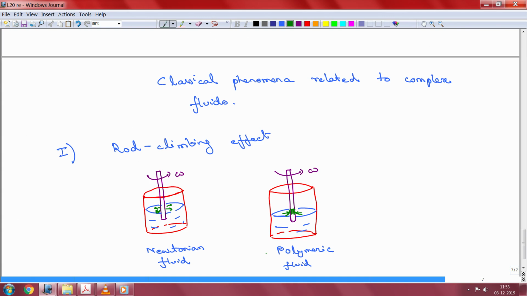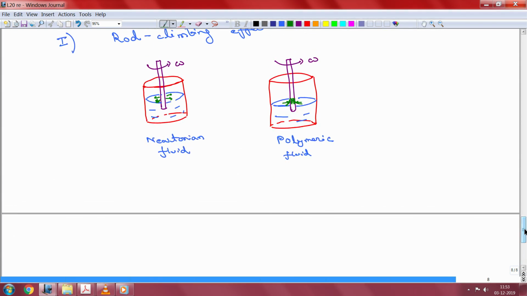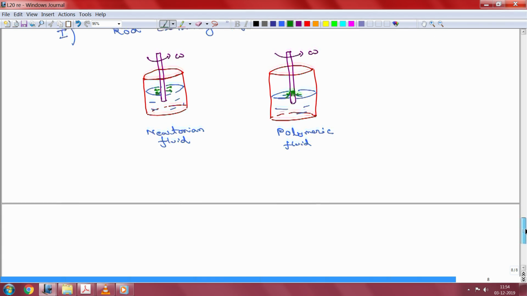It can be seen for polymeric fluids and for other types of fluids also. In our lab, Naveen and Udita did a very beautiful experiment where they captured this on camera, and I am going to show you some of the results. But the reason I am talking about this right after the normal stress difference is because this phenomenon is usually linked to the normal stress difference that is present in these kinds of fluids.